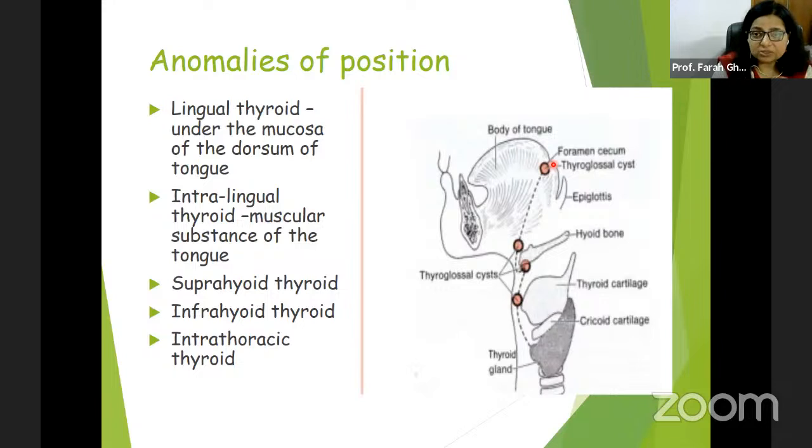of the tongue has got a thyroid tissue in it that is known as intralingual thyroid. फिर ये थायराइड थायरोग्लॉसल सिस्ट जो है वो यहाँ कहीं भी हो सकती है। ये हाइड बोन है, हाइड बोन के ऊपर भी हो सकती है, हाइड बोन के नीचे भी हो सकती है। ऊपर है तो सुप्राहाइड हो गई और नीचे है तो इंफ्राहाइड हो गई। तो सुप्राहाइड थायराइड एंड इंफ्राहाइड थायराइड। इंट्राथोरैसिक जब वो थोरैक्स में आ जाए तो इंट्राथोरैसिक हो गया। ये एनोमलीज ऑफ पोजीशन है।